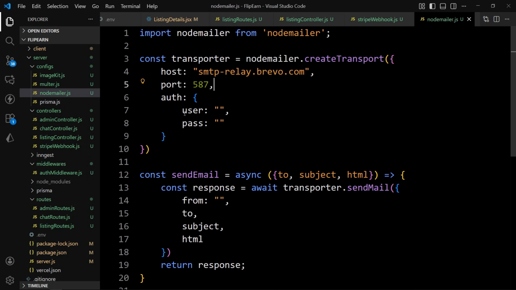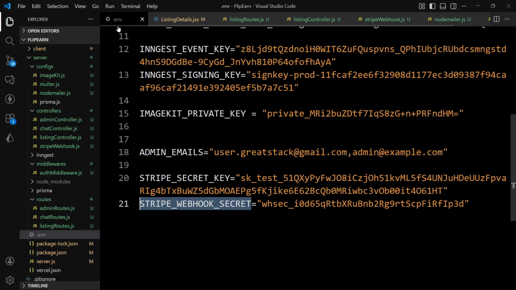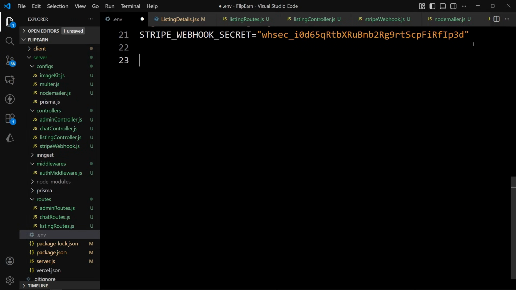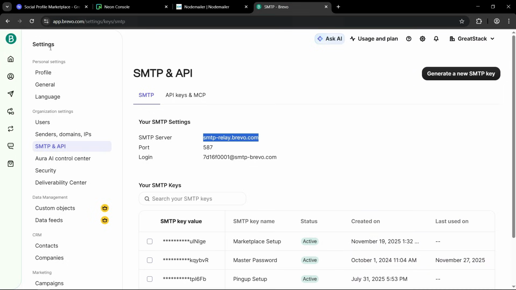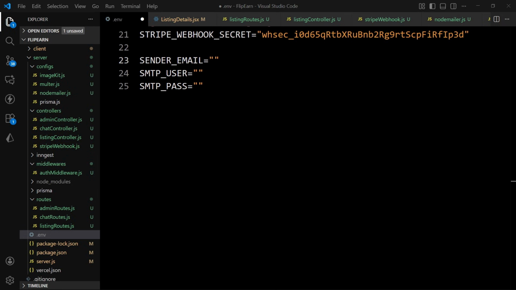After that we have to provide the username, password, and the sender email ID. So let me add it in the environment variable so that it will be secured, right? So I'll just open .env file, and here let's add some environment variables. So I'll write sender email. After that let's add the SMTP user, and then we will add SMTP pass, that is the password, right? So here we'll write the same email ID that we have used to create our Brevo account, right? So I'll write my email ID here,